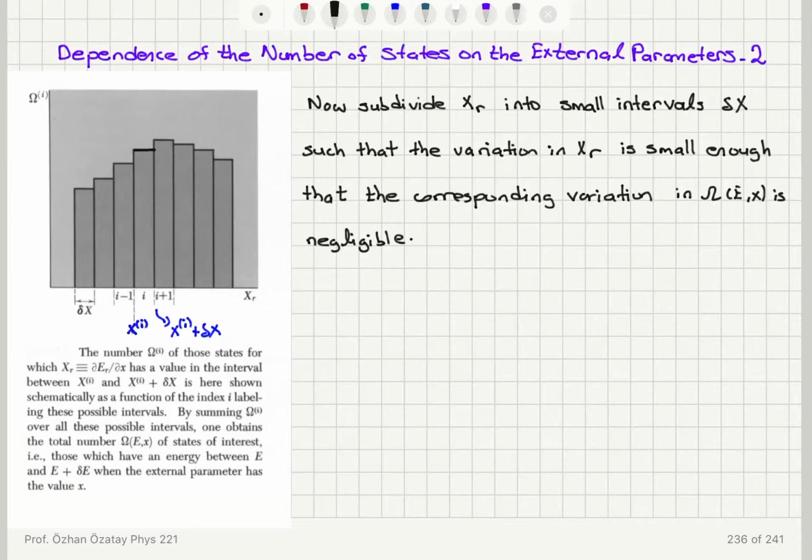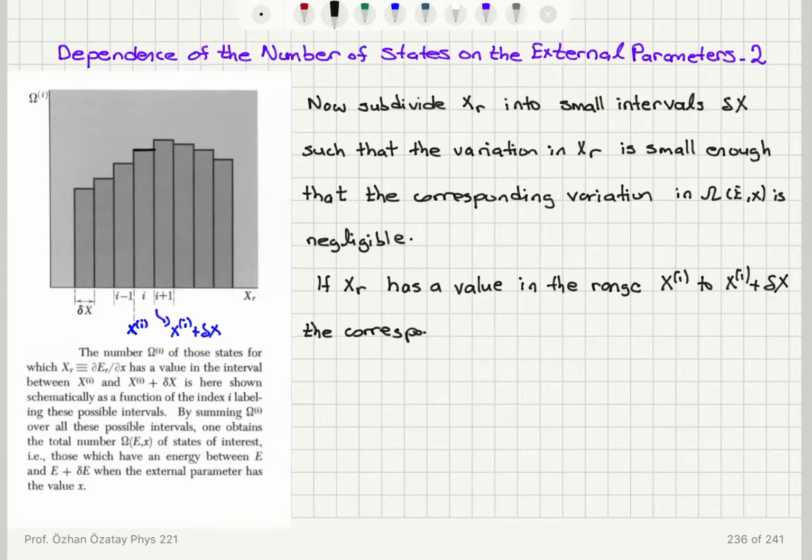Okay, so if x sub r has a specific value in the range xi to xi plus delta x, the corresponding number of states, which is a subset of the number of accessible states, will be omega i of E, x,